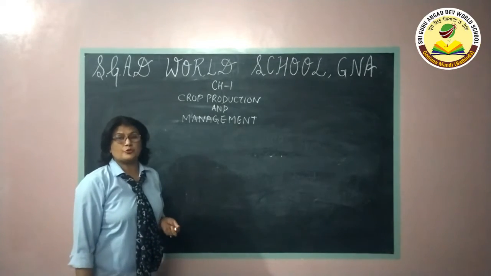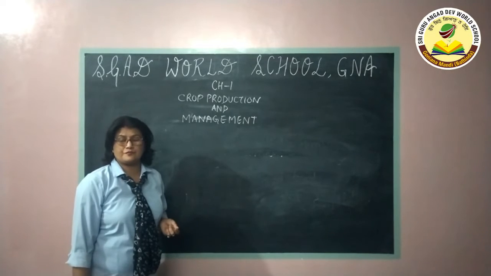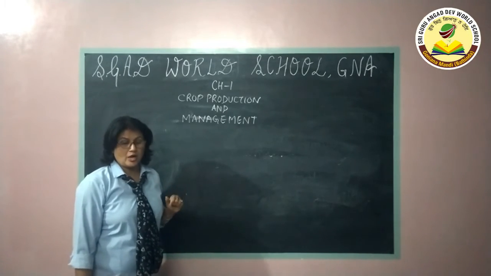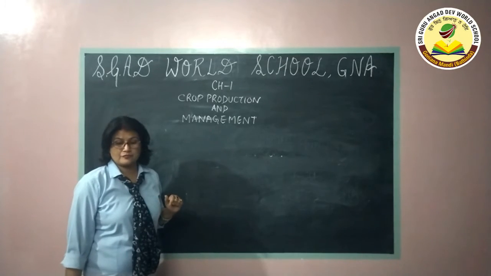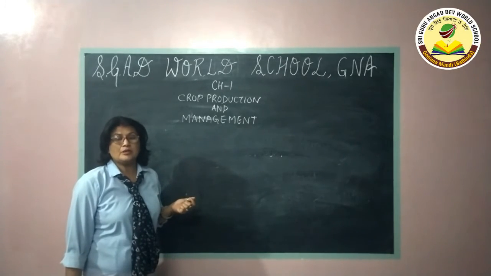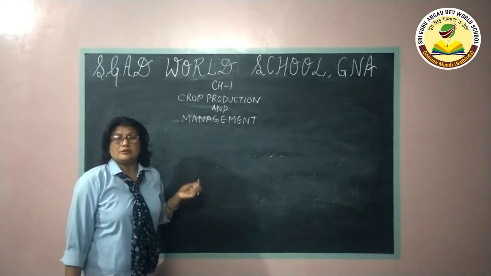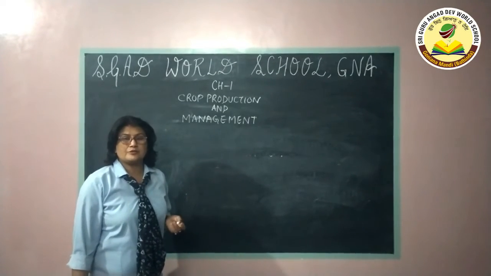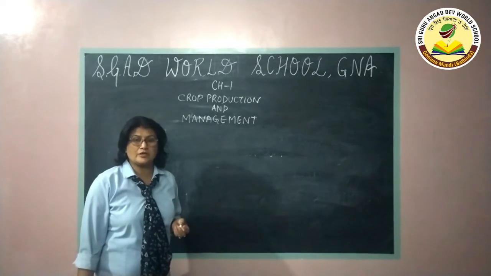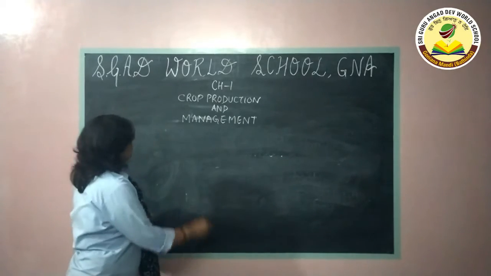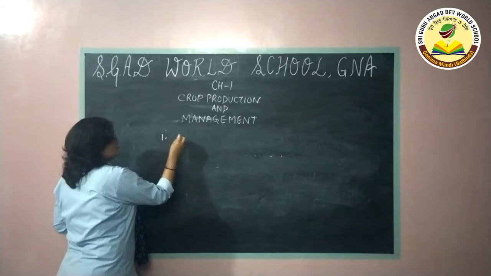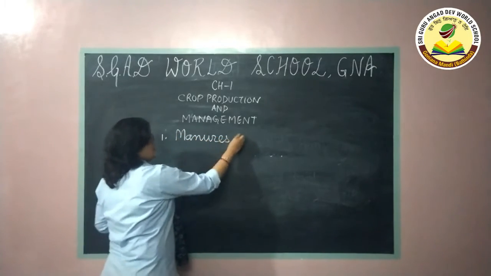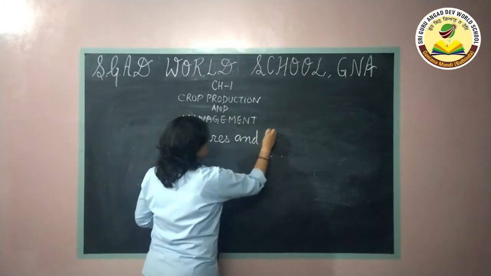After preparation of soil, we sow the seeds. Now we also have to take care about the nutrients, or we have to check on nutrition and fertility of the soil. To overcome this, we have to add manures and fertilizers